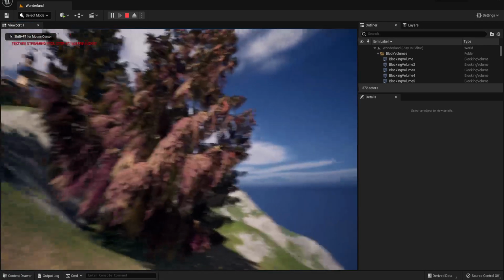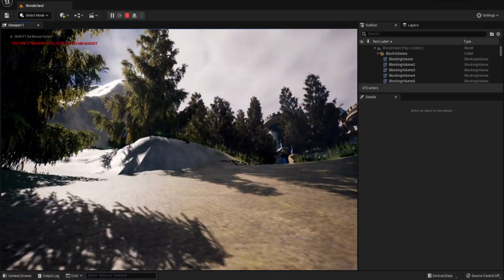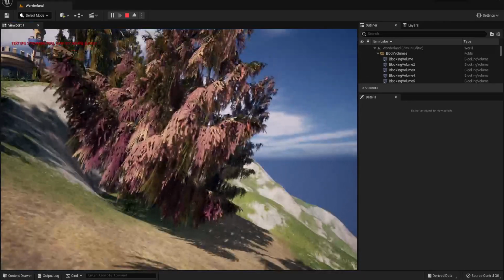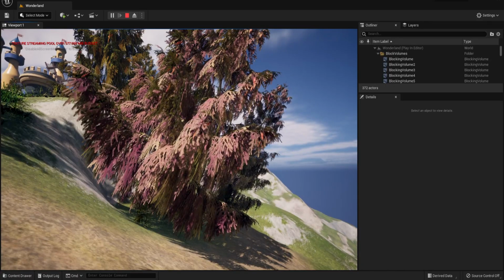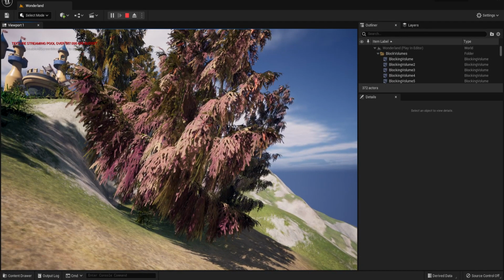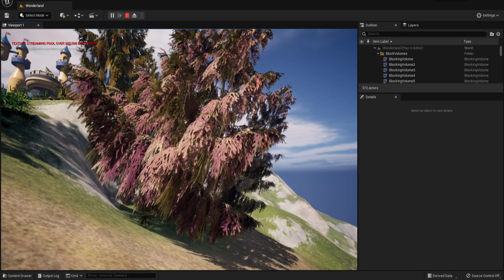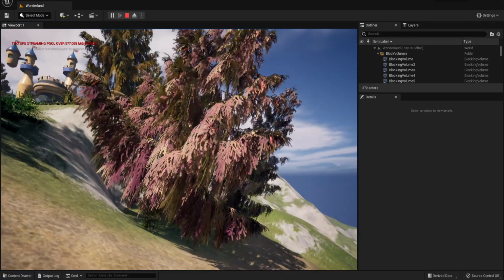This one would be more about using the environment and the world. I hope it's not freezing on you like it kind of is, but it also doesn't look as good as it does when I'm actually looking at it.